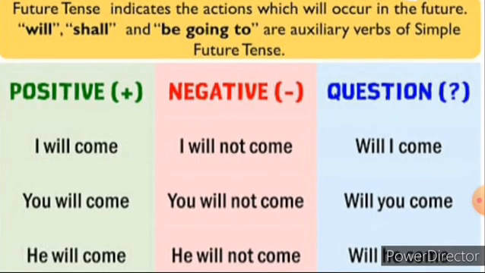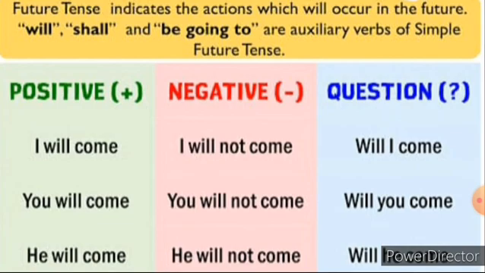First of all, it is a future tense. With the help of the word will, it is identified as a future tense. I will come. You will come. He will come. For the future tense, you can use the word either will or shall. If the first person I and we is mentioned, you can use the form shall, or you can use will. I will come. You will come. He will come.